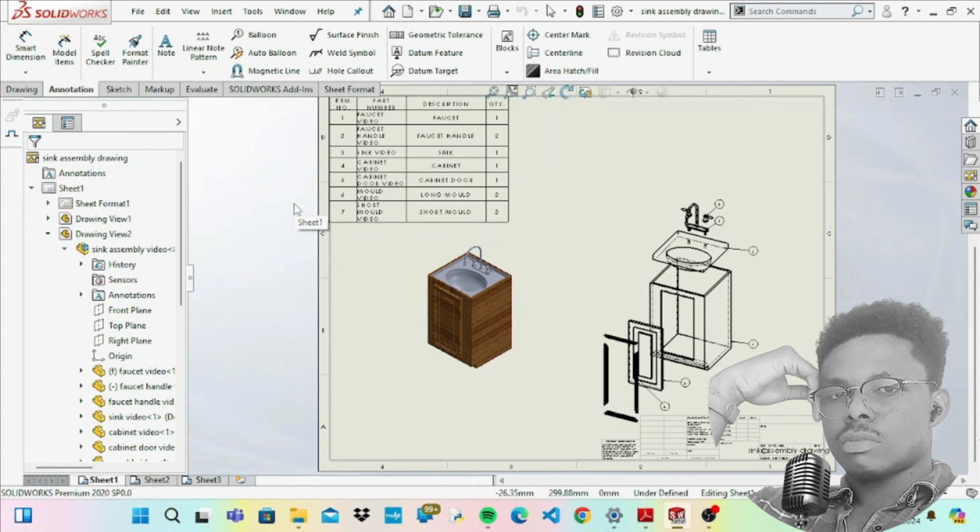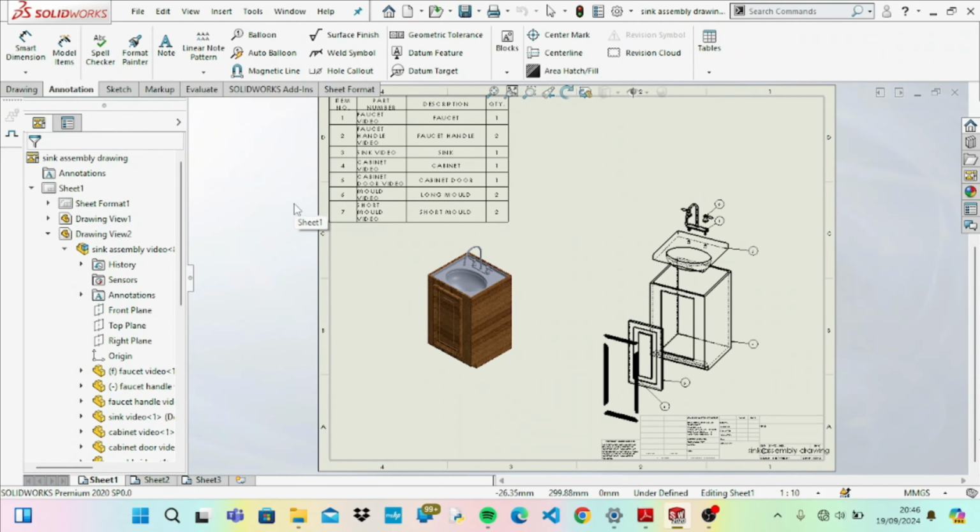Today we are going to learn about drawings in SolidWorks. We'll learn about drawing documents by making a drawing out of this cabinet that we created in our last video. You can see I have it on the screen, a drawing of the exploded view of this cabinet. We shall learn about how I made this drawing or how to make a drawing like this and other drawings in SolidWorks. We'll also learn about what drawings are and how to make drawing documents and the various types of drawing documents. So without further ado,